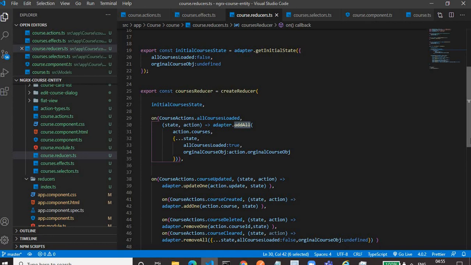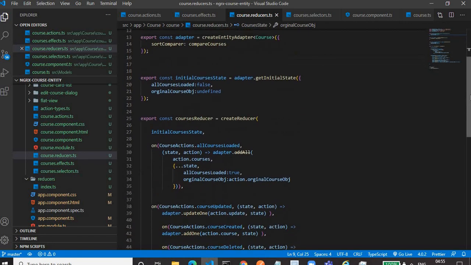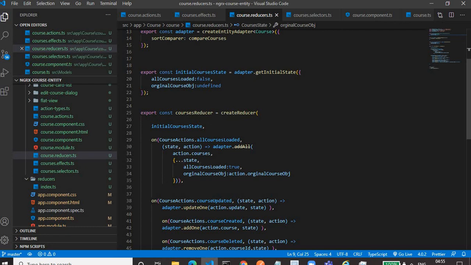We would have to define another property, courses, and in the return statement return state along with courses: action.courses. That way we can also do it. But the adapter approach, which is available in Entity Framework, makes our steps much easier.